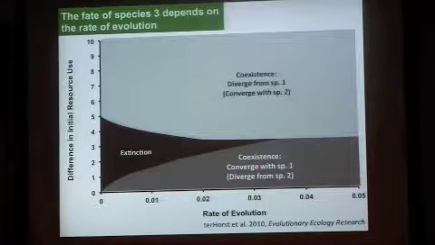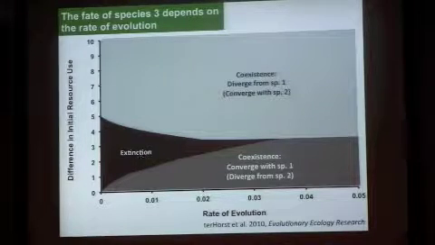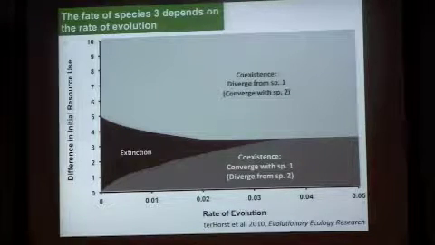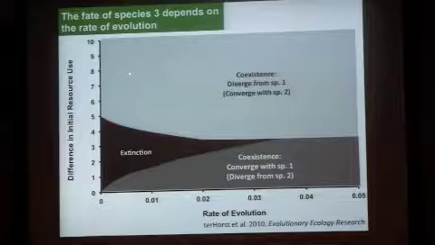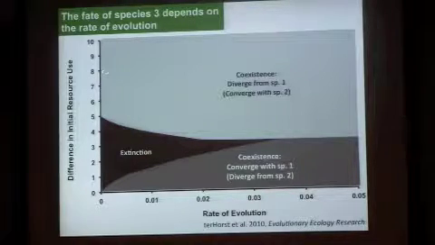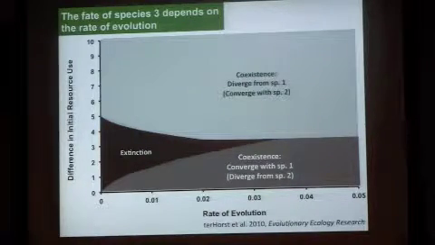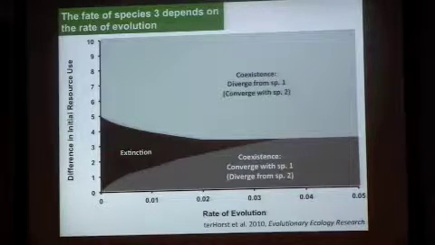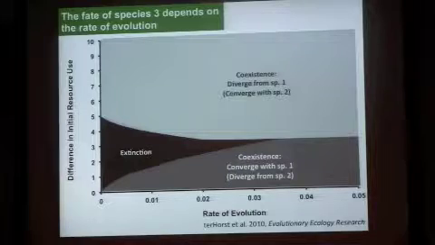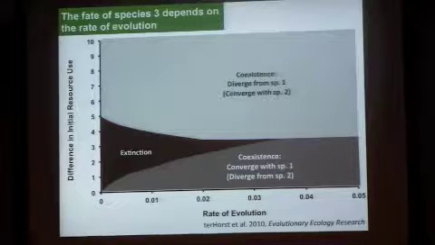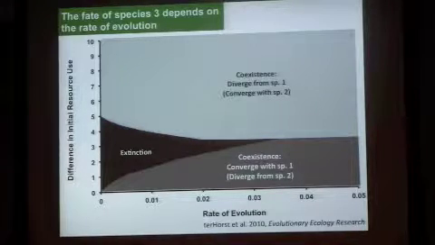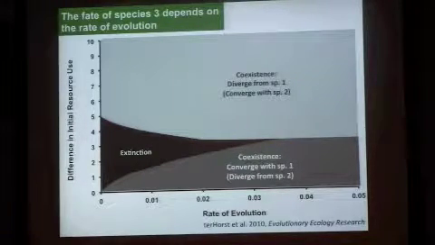What we find is that when the rate of evolution is really low and species are really similar to one another, you get extinctions. But if species are different enough, even though the rate of evolution is low here, species coexist because they're already pretty different from one another. But there's a point at which if you crank up the rate of evolution, extinctions just go away because species start coexisting with each other because they become equivalent species. So they evolve fast enough to become equivalent to one of the other species.